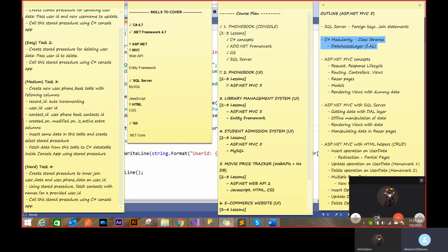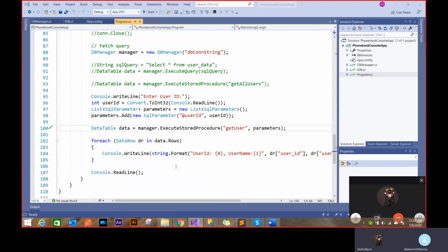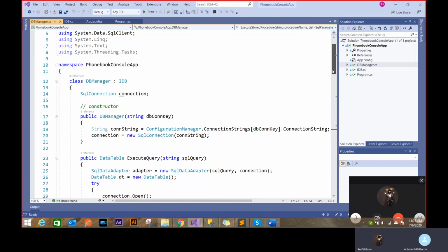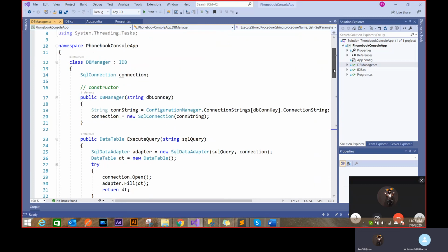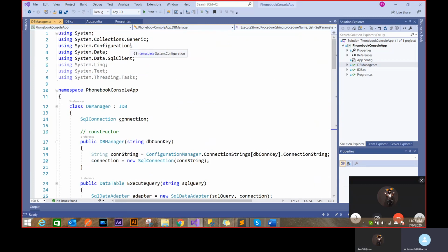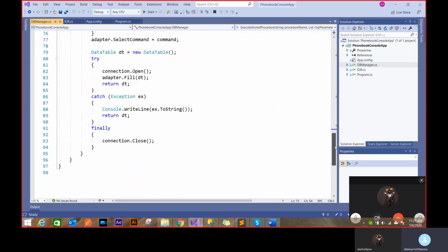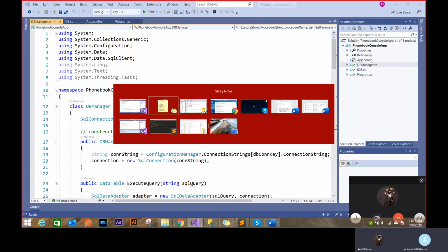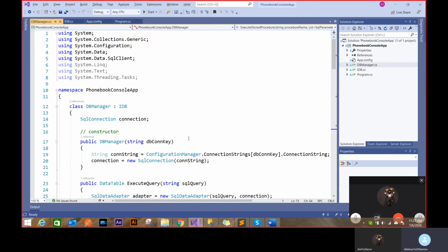So in order to do that, I'm going to use this concept of class libraries. Our last project, DB manager, was our class library, no? This is a very nice class. It has no dependencies anywhere. It uses basic System.Data components, and it's very generic. So this is a perfect thing to convert into a class library because it's a data access layer, a DAL, and it's perfect as one. It can be connected with SQL Server and used later on easily.